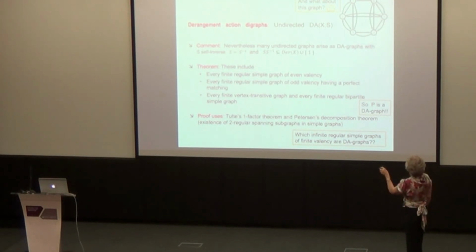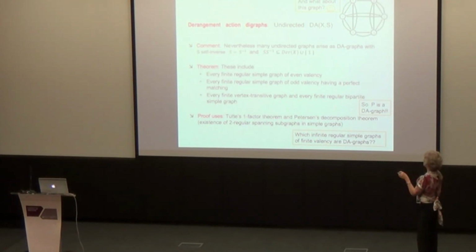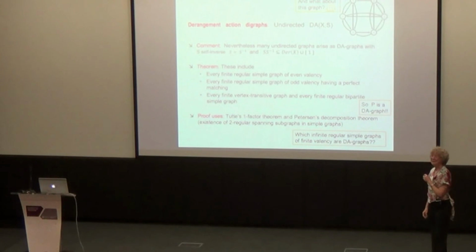This family of graphs, which we can do with S being self-inverse and this other property, includes every finite, regular, simple graph of even valency, every finite, regular, simple graph of odd valency that happens to have a perfect matching, and hence every finite vertex transitive graph and every finite, regular, bipartite simple graph. So in particular, the Petersen graph is a DA graph